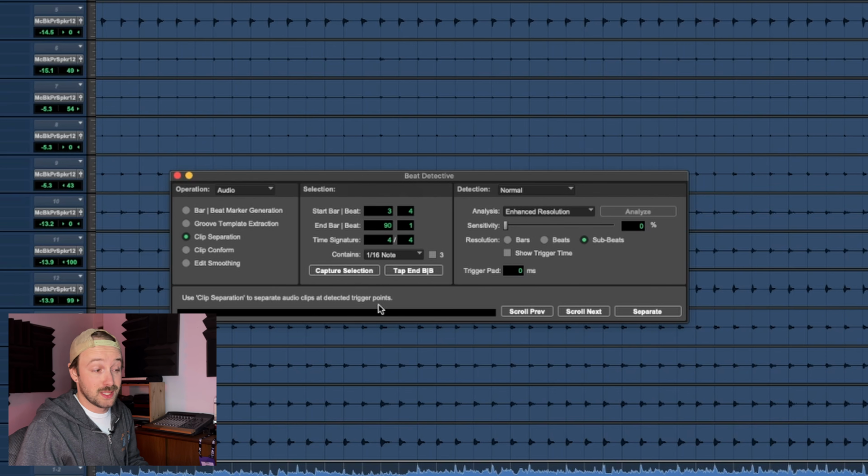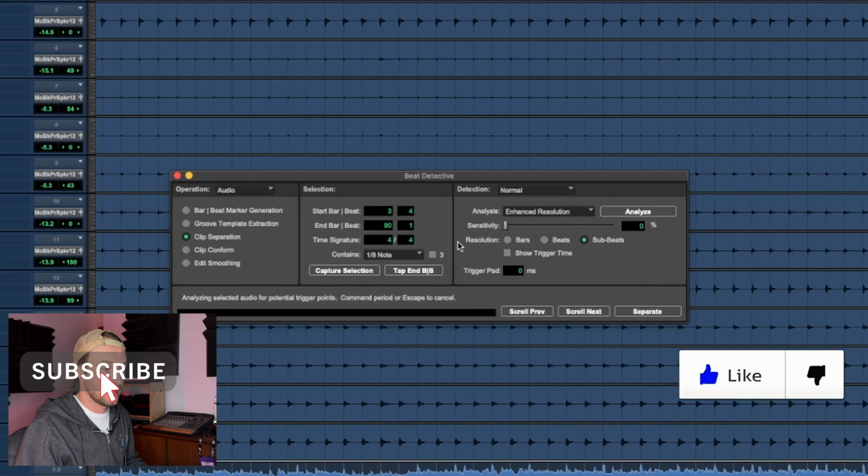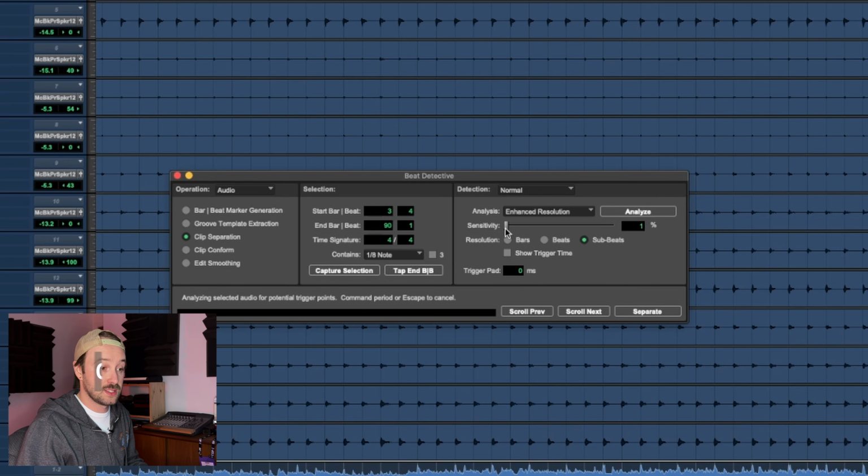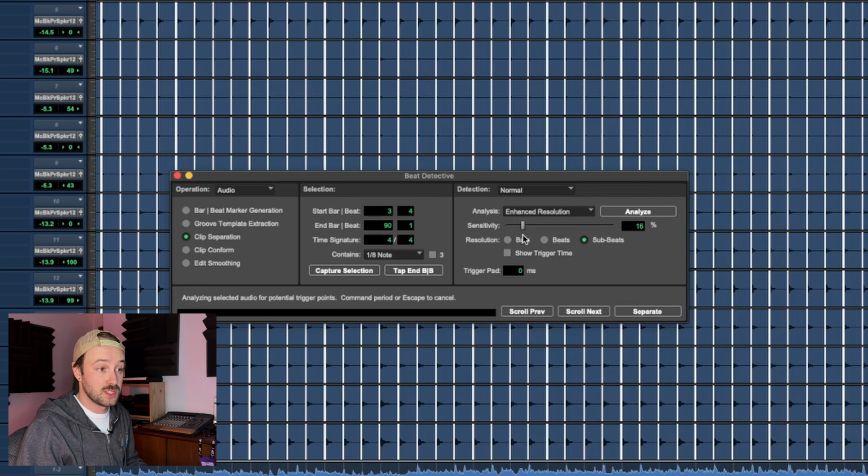So you should be telling Beat Detective what speed of hits you're looking to detect. In this case, I think eighth notes will be better because it's not a super fast rhythm. There's not a lot of subbeats, so eighth notes is probably fine. Let's capture again, analyze, and now sensitivity, let's bring it up slowly until you see these hit points start to